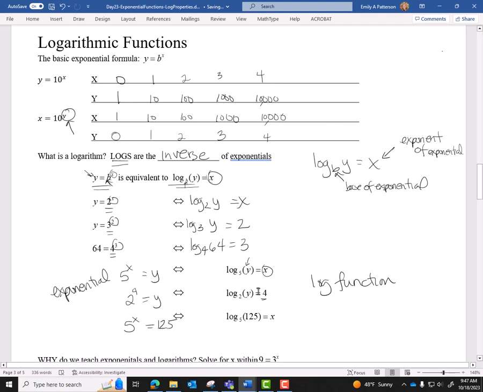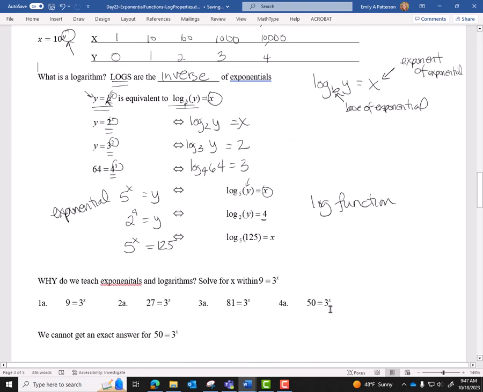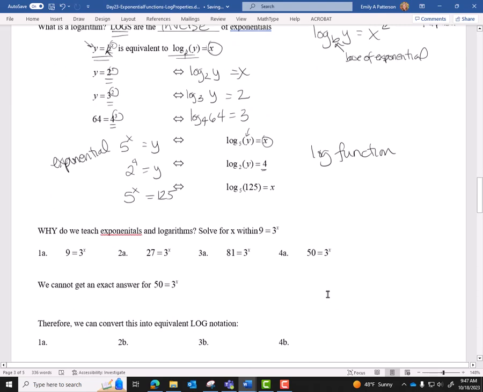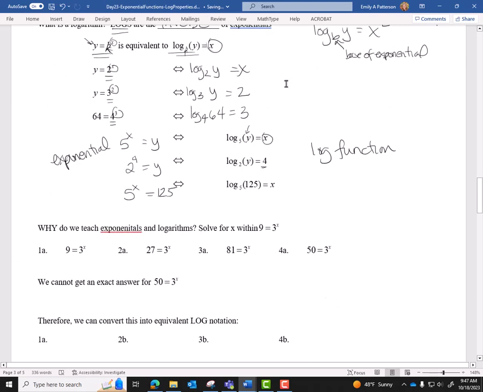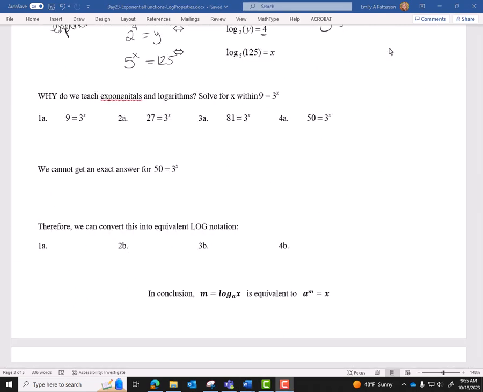Just getting used to putting one into the other and being able to switch between the log and the exponential is going to be extremely helpful when solving some of these. So let's look at a couple of examples. If I'm looking at these first examples of exponentials, these are relatively easy to solve because I know that